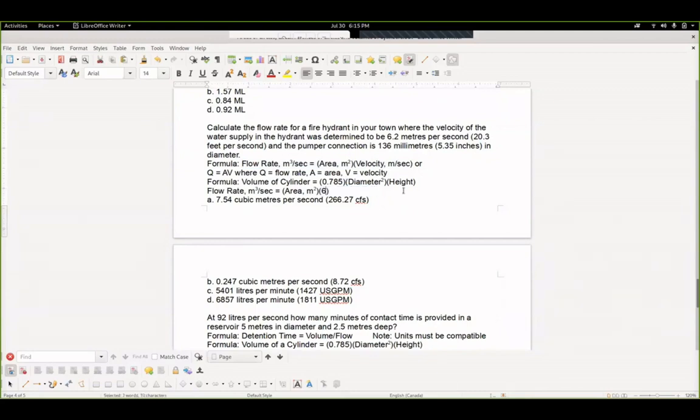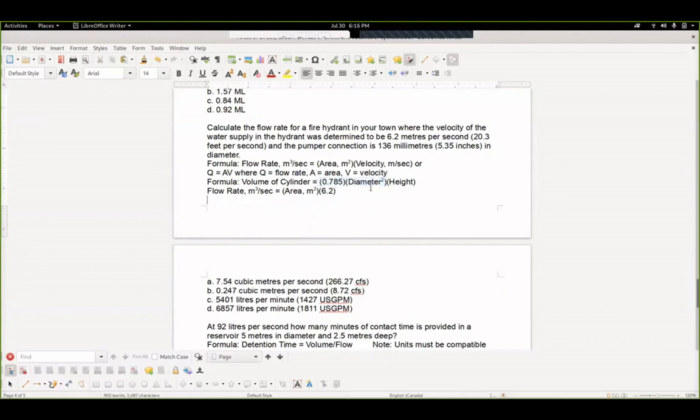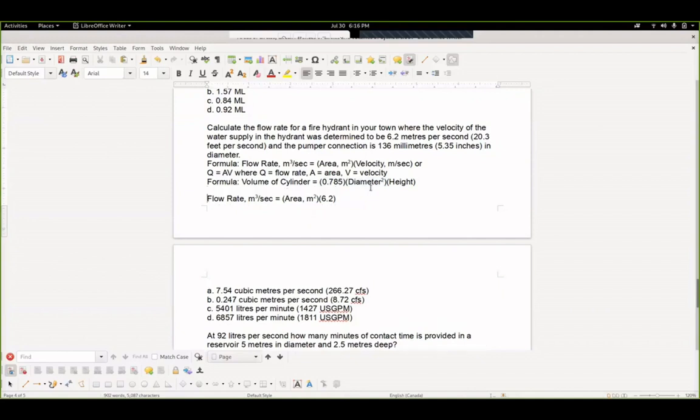So 6.2 meters per second, and that is equal to that many feet per second, but we're going to work with the meters. And the pumper connection is 136 millimeters in diameter. So we need the area. For that, we need the formula for the area of a circle, which is this again. I'm going to just put the flow rate at the end since that will be our last calculation. So we want the area of the circle,